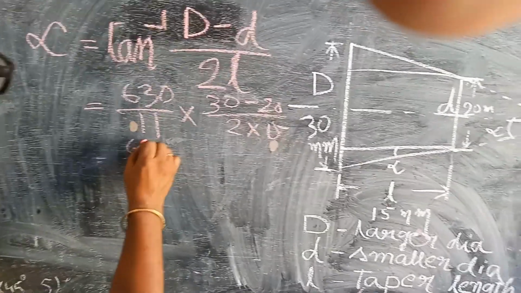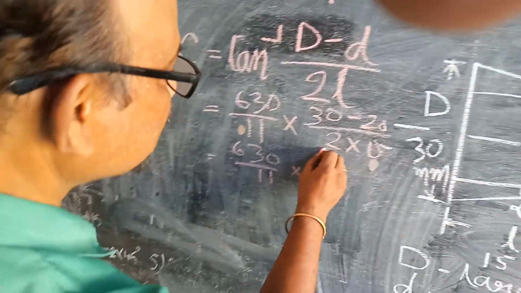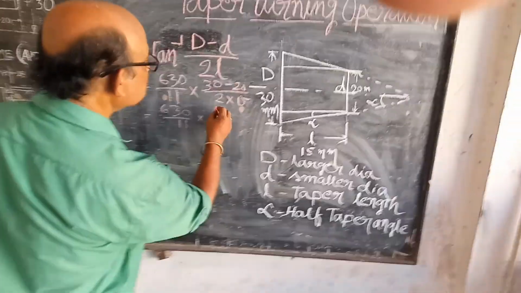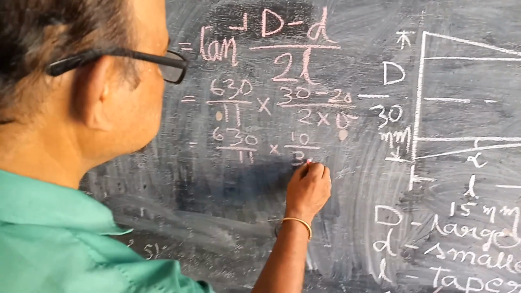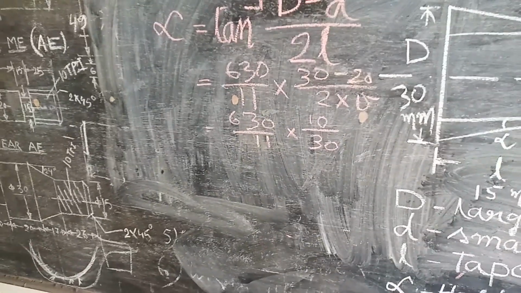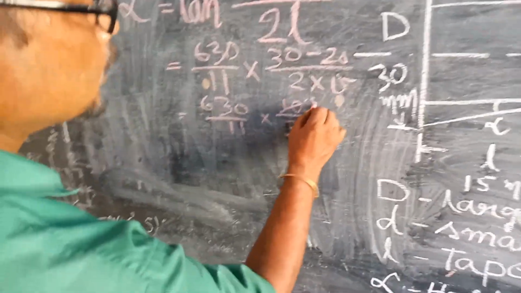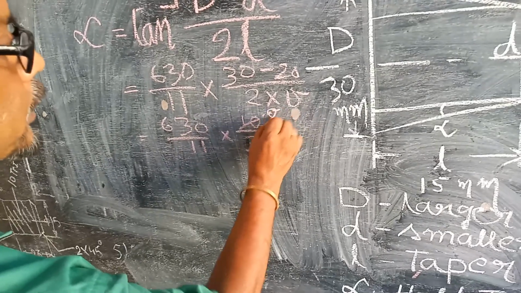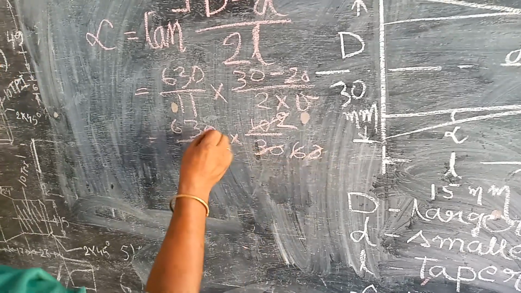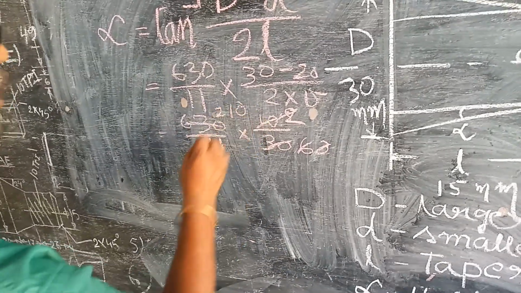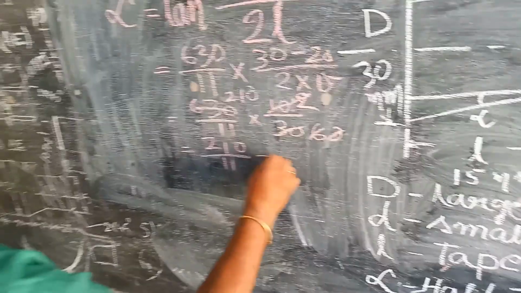That means 630 by 11 into 10 by 30. Five twos are 10, five sixes are 30, two threes are 6, three twos are 6, three 1. That gives 210 by 11. And after dividing it, you will get